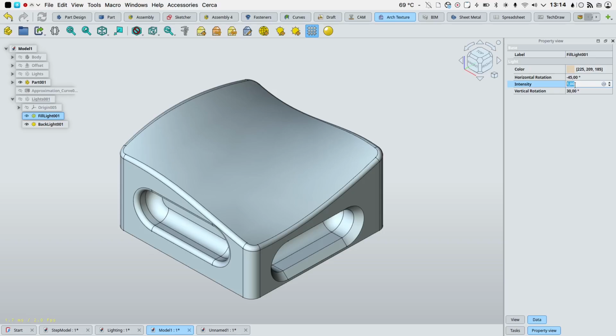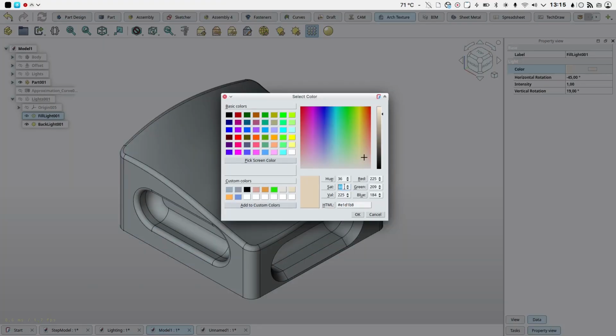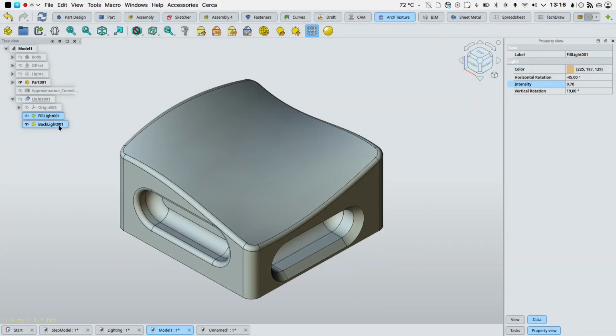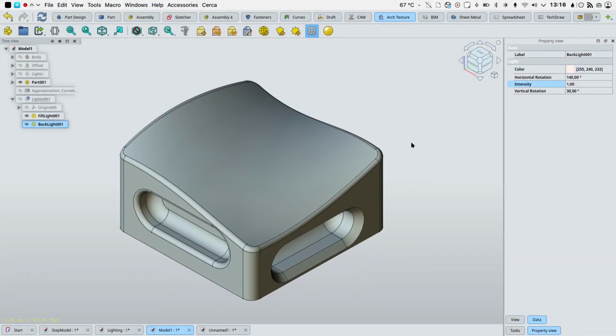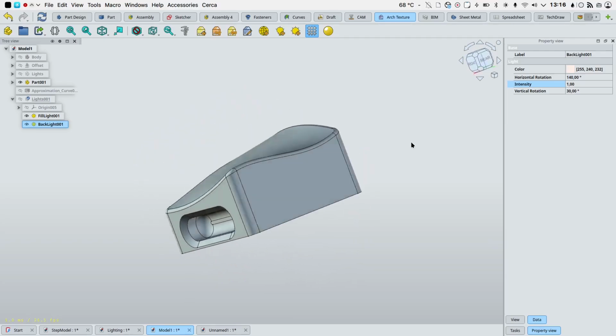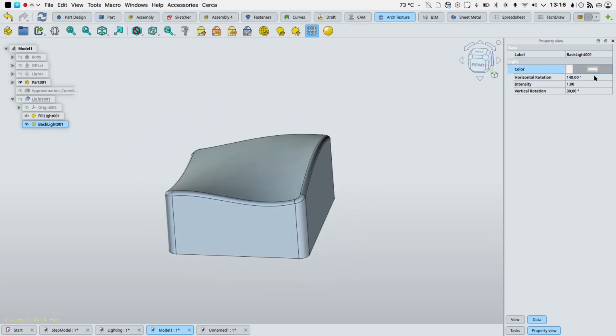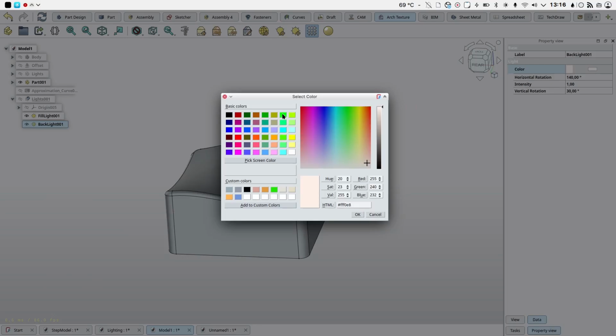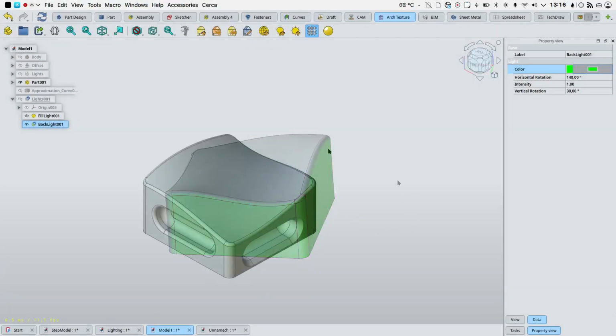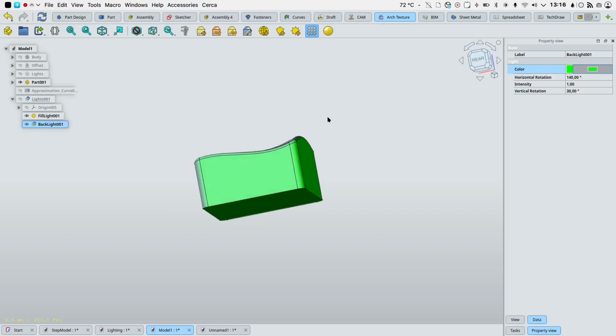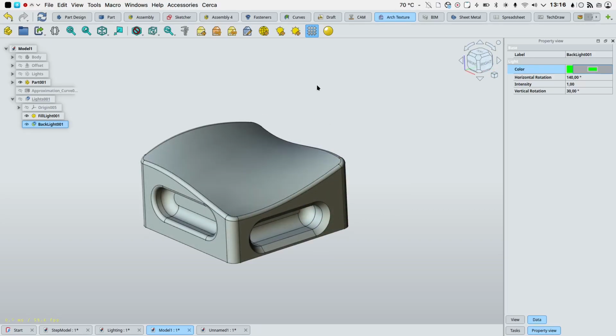We can change in the directional lights the intensity, and also if we alter the vertical rotation, we can make it a bit more direct on our object. Let's give it a bit more saturation. Okay, let's select now the backlight, and the backlight will have a great influence, of course, in the back of our object. And to see this, I can change the color of this backlight to something really strong, like this. So the backlight has influence on the back of our object, but a property of this backlight is